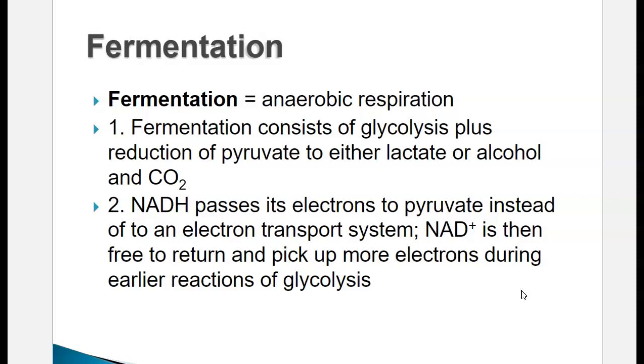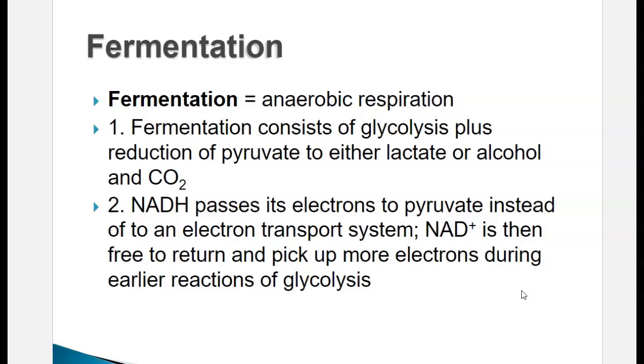So when you're undergoing glycolysis and you're taking the glucose and splitting it, you are breaking bonds. That releases electrons. And so this NADH picks up these electrons along with a hydrogen, a couple of them really, and then it has to do something with it. This electron is energy, and so it has to put it someplace. It can either take it to the electron transport chain, or it can drop it off on another molecule, another organic molecule, and pyruvate is there, and that's what it will do.